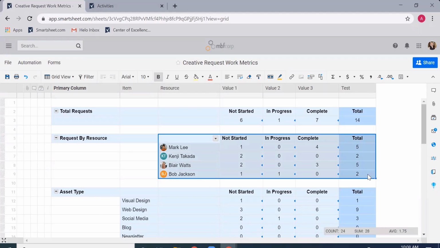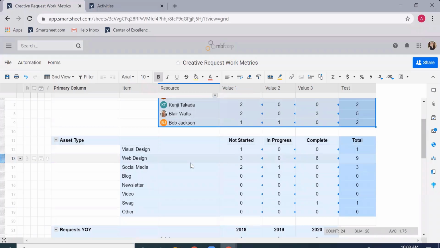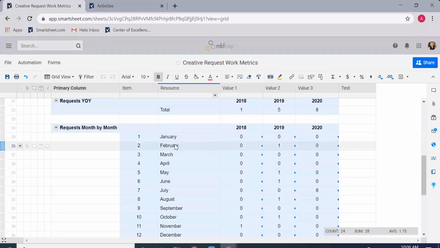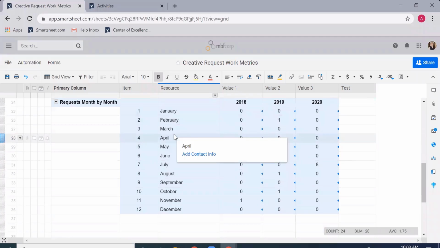We're going to see this already built for us on the dashboard. So I wanted to really talk through this matrix before we see it. Next is the asset type. We're also going to build a chart based upon our asset type. We're also going to pull in information year over year, and we are going to make a line graph for